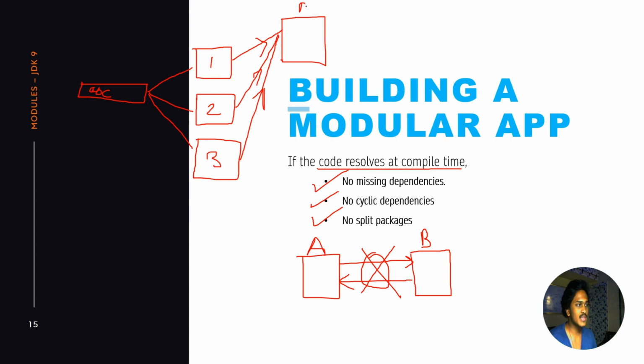What you will see is that some number of classes are taken from package ABC from jar 1, whereas some number of classes would be taken from the ABC package in jar 2 and some number of classes from jar 3. What this does is it confuses which classes, which packages the project